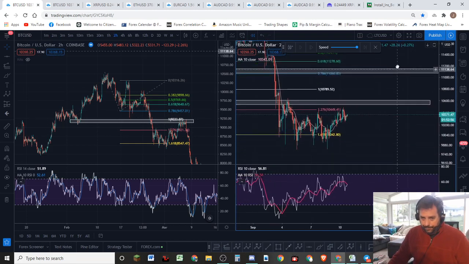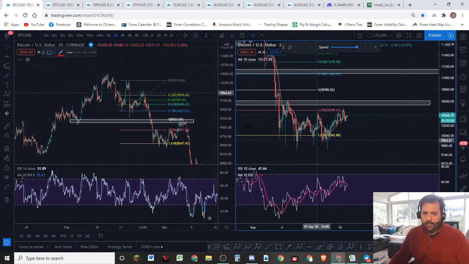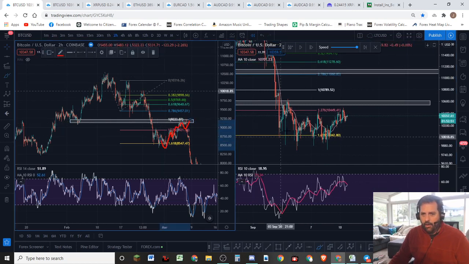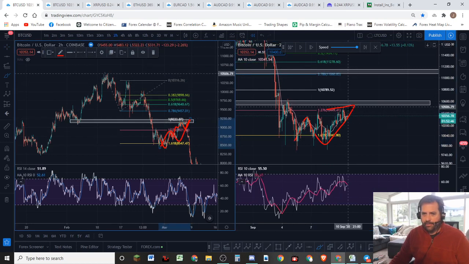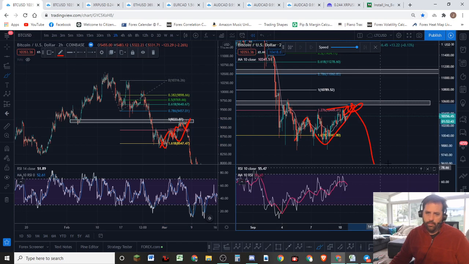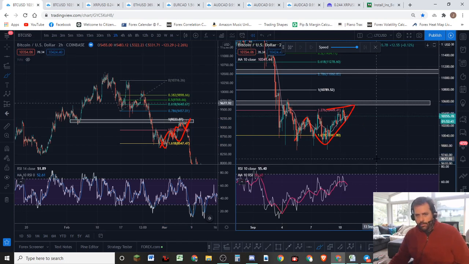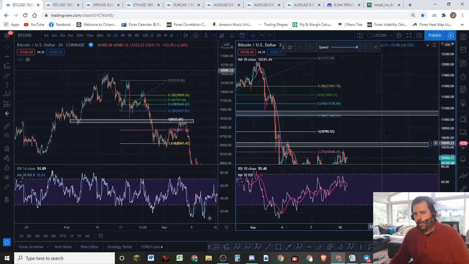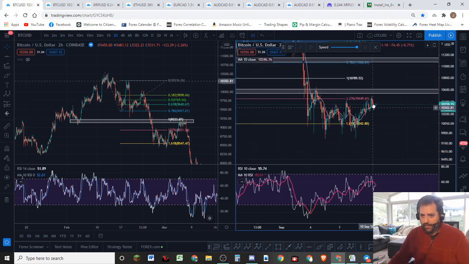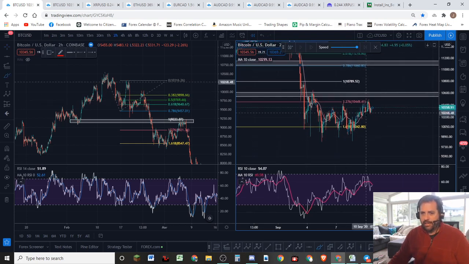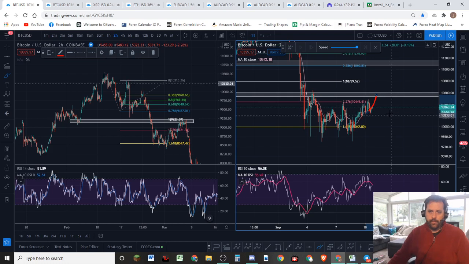So regardless, we're looking for this corrective shape. We're not looking for the exact shape here. We're simply understanding that we have a corrective shape here. Okay, we got a corrective shape here, and after that corrective shape finishes, looking for more downside to come. So be very careful, okay, be very careful before you get too bullish on this rally that we're having here. But nevertheless, we might have another hit to push to the high to get to that 127 extension, or even the 1618 extension.